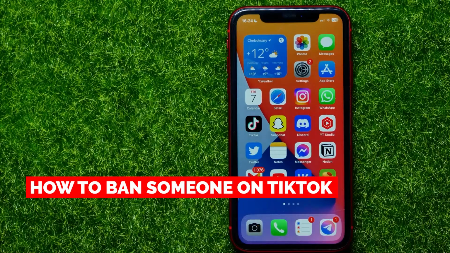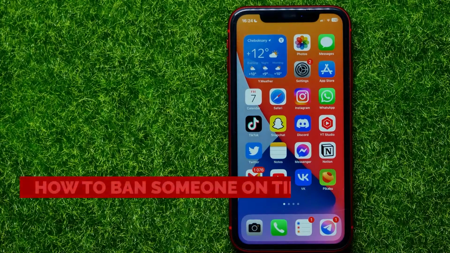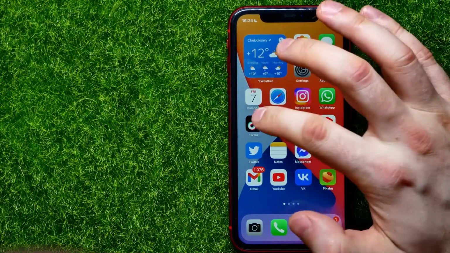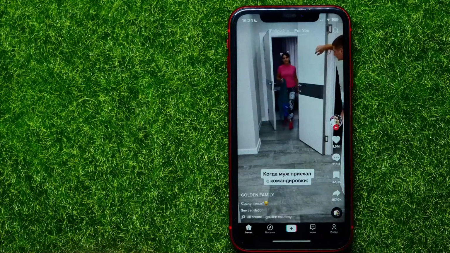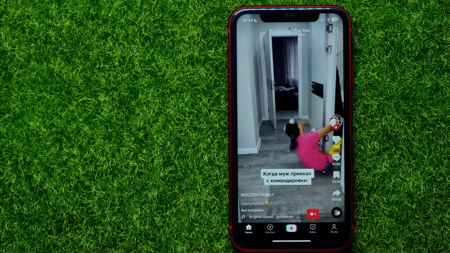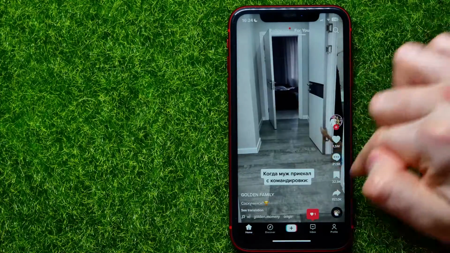In this video, I'm going to show you how to ban someone on TikTok. That is quite simple and easy to do, so let's begin. First, open up the TikTok app, and I'll use a random video as an example of how to ban someone on